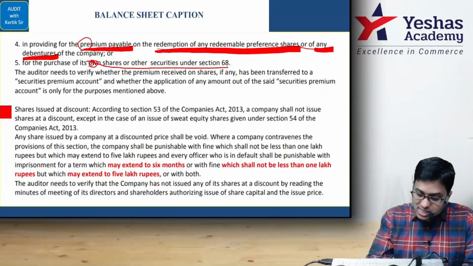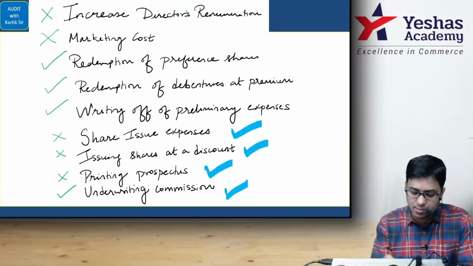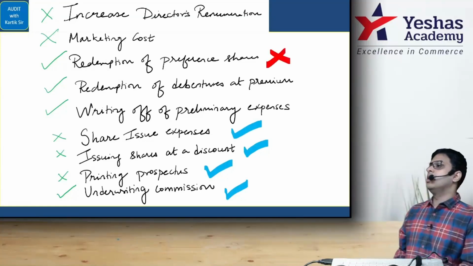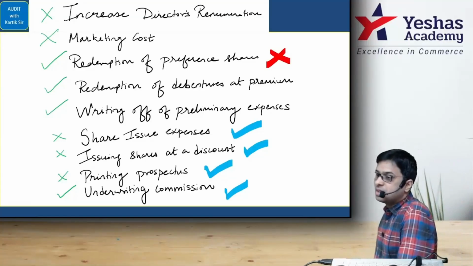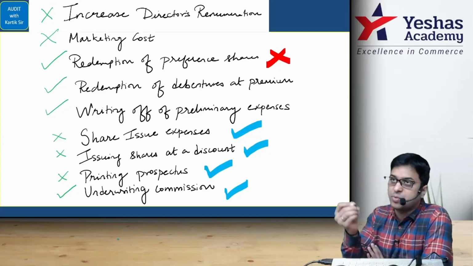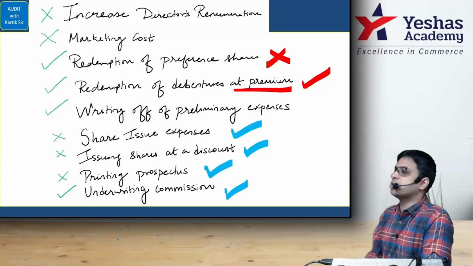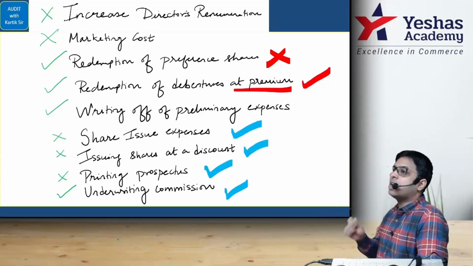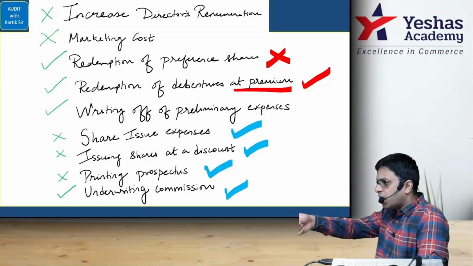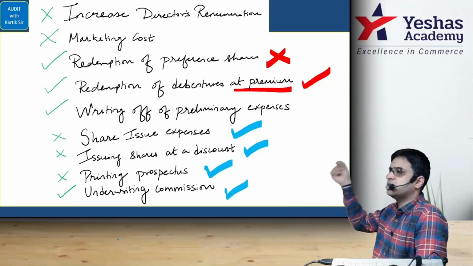So what do you understand? Look at the example which I showed you, my dear friends. Here you went wrong slightly. Learn from the mistakes. Don't do it in the exam. I asked about redemption of preference shares. Can you do it? The answer is no, because I have not written at premium. But below, see what I have given: redemption of debentures at premium. Can you do it? The answer is yes. For that premium part, can you use the securities premium amount? The answer is yes. Not the par value amount. Are you with me? Yes or no? It is clearly given. I am just teaching you the section which is there, and you are just going into this part. We are just reconciling.